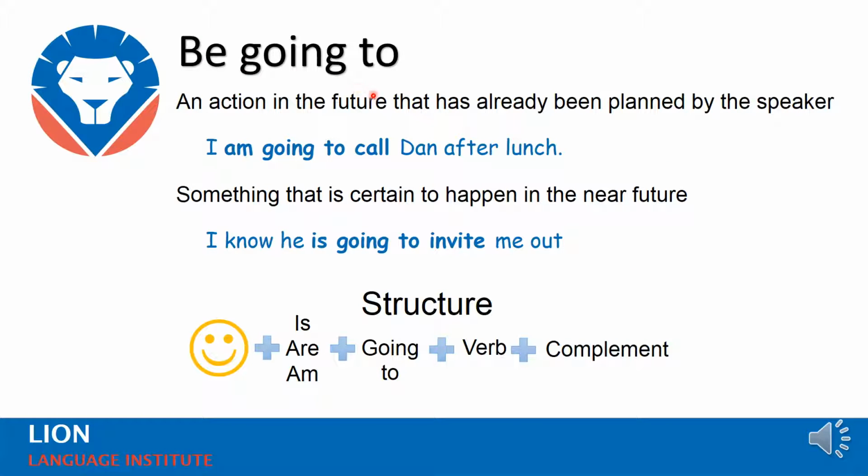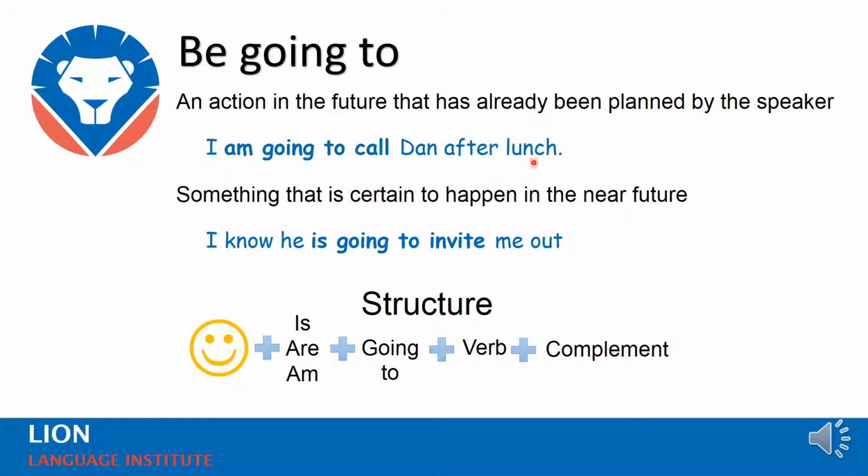Be going to. We use be going to talk about an action in the future that has already been planned by the speaker. Here's an example. I'm going to call Dan after lunch. Okay, the structure says that we begin with our subject. In this case we use I, plus our verb to be, is, are, or am. In this case we use am, plus going to, plus verb,